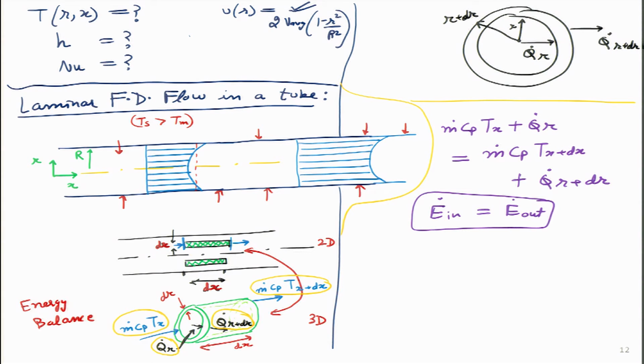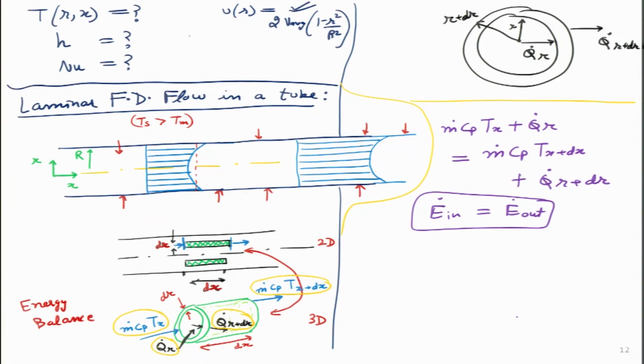Now, some student may ask why there is not a storage term. It can be E dot in equals E dot out plus E dot stored, because not everything which has entered may have to leave; then some storage is there. Then temperature has to rise, which means it becomes an unsteady or transient problem. Here we are assuming it is a steady state problem, so all that transient term goes away. Now, let me also write over here. This will be my equation number 1. This whole big thing is equation number 1.